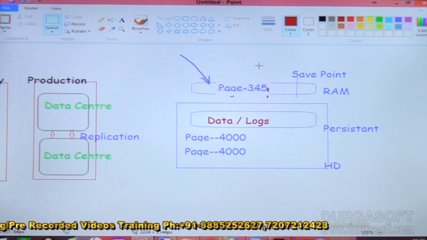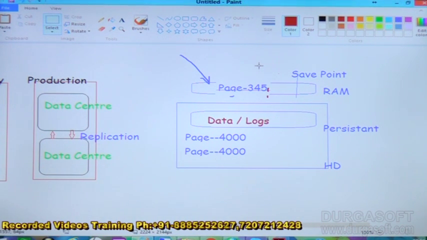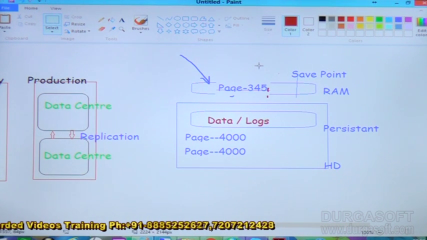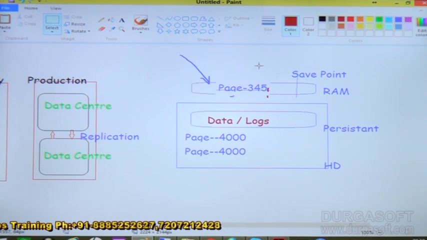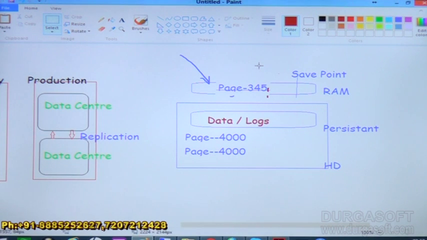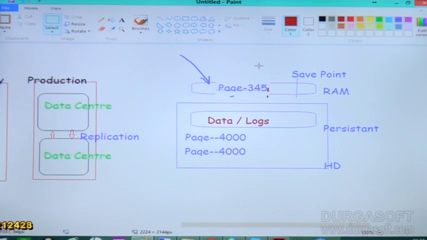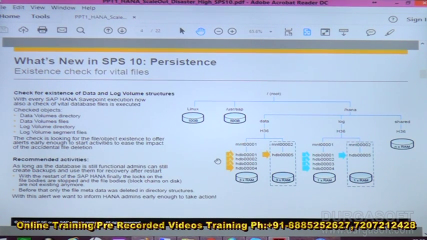So this is a major activity. These are the different cases we have in these scenarios. Let's see how this will be. Let's check now. You can see here, with every SAP system, we get some save point, which will be useful in different scenarios. So here, what we do is,